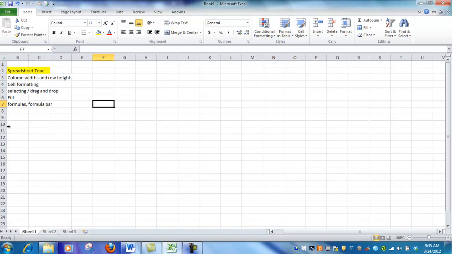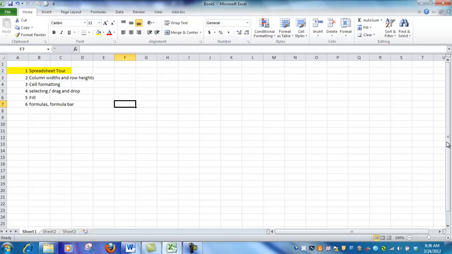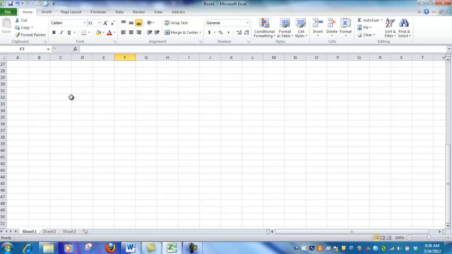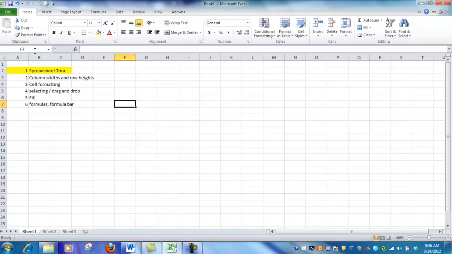And if we scroll to the right, you'll see that we go through the alphabet, and then we have an A alphabet, and then a B alphabet, and then a C alphabet. And it keeps going until you get way into the hundreds of columns. The rows are numbered, and they continue down a long way, actually, past 60,000. So really it's a huge workspace made up of rows and columns, and the intersection of each row and column